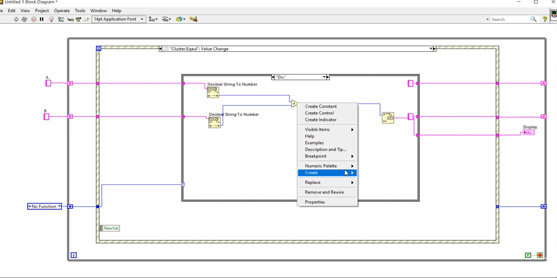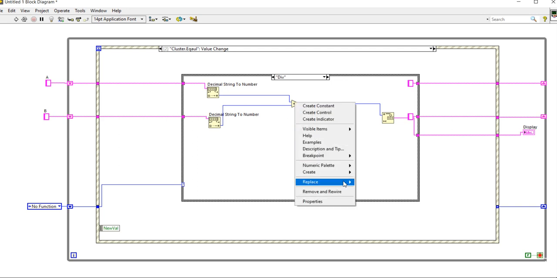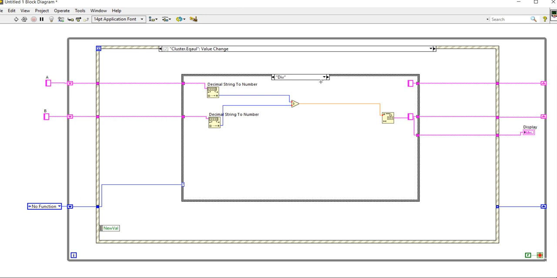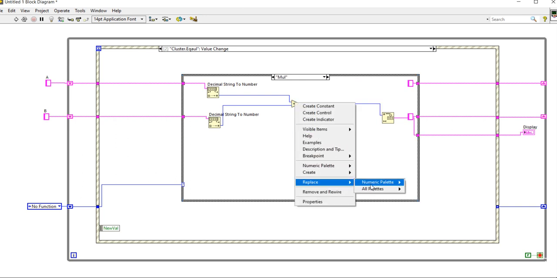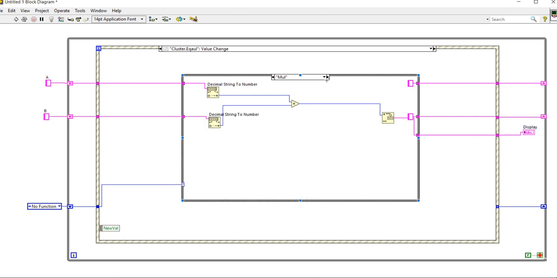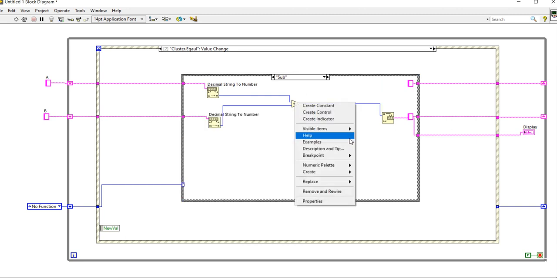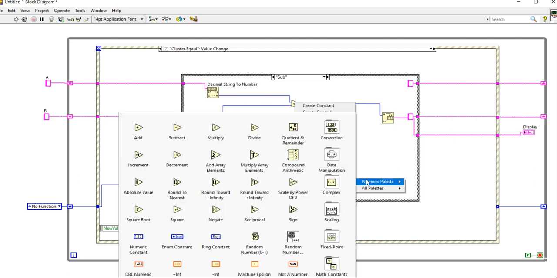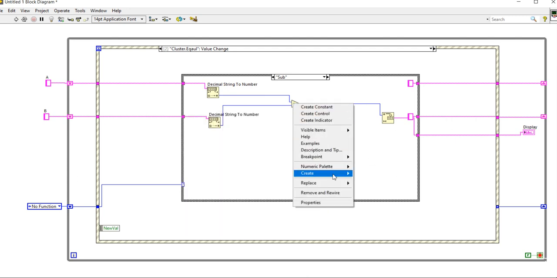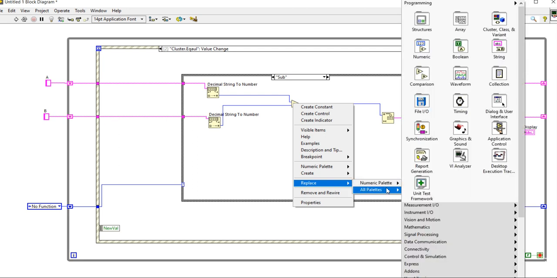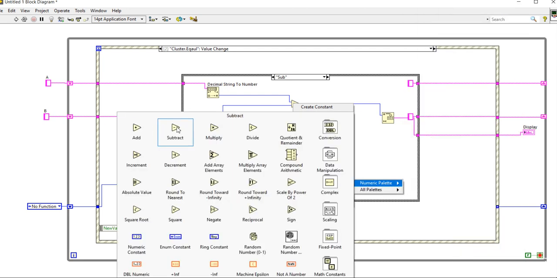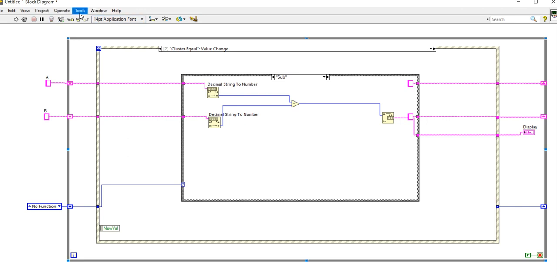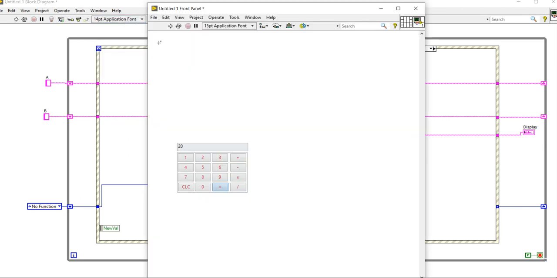For divide we can replace these functions with divide. For multiply we can replace these functions with multiply, and for subtract we can replace these functions with subtract.